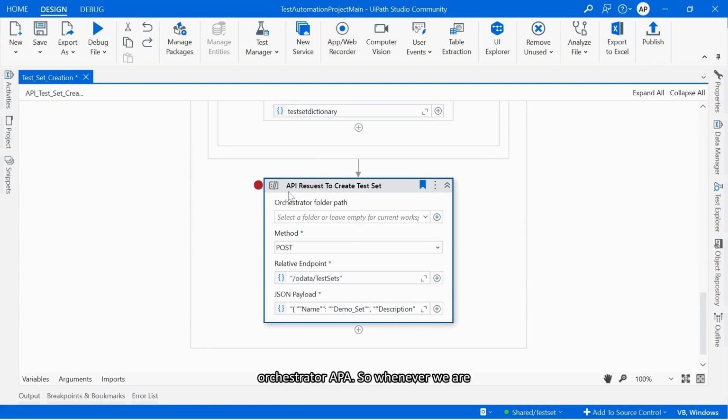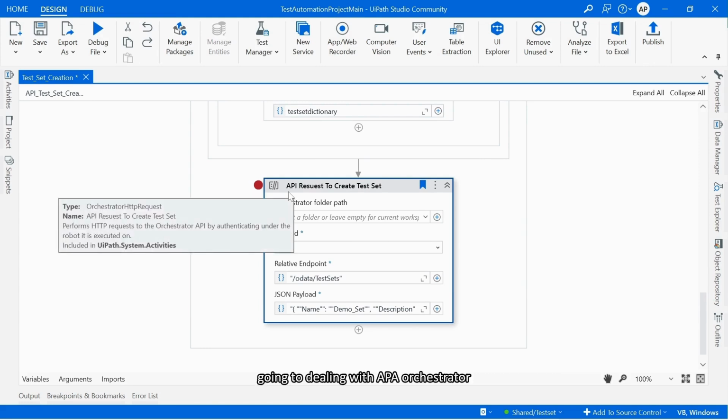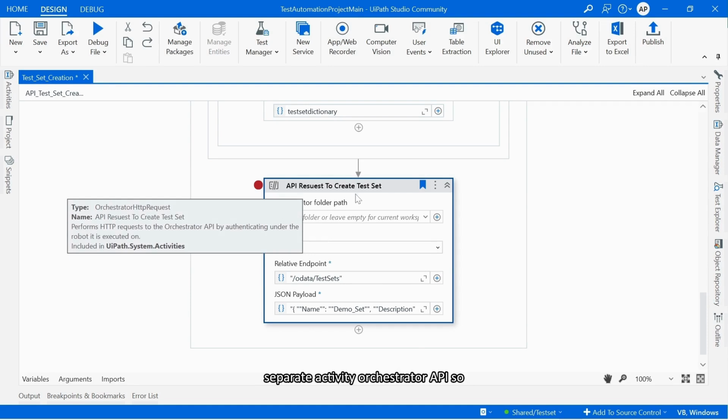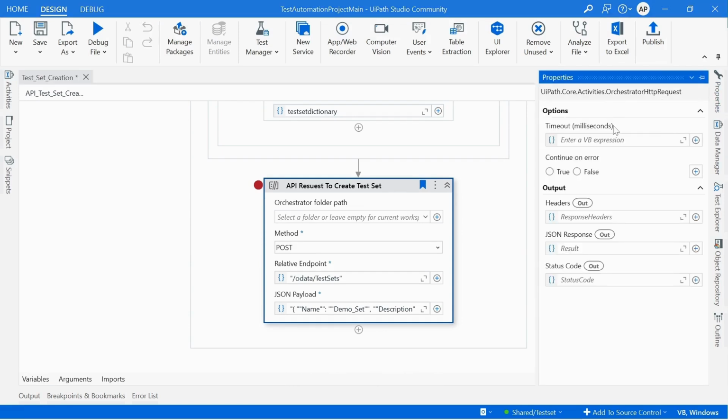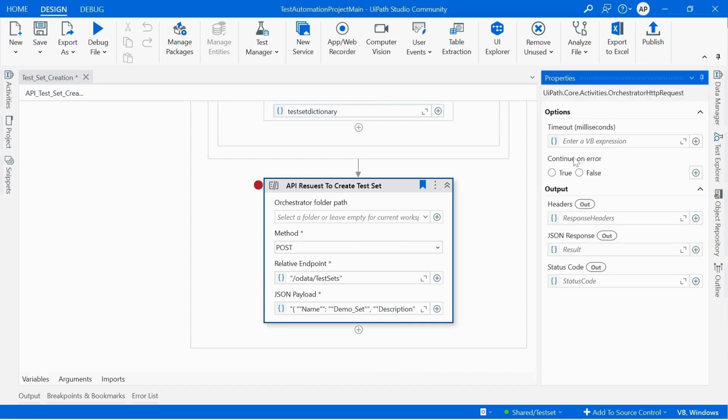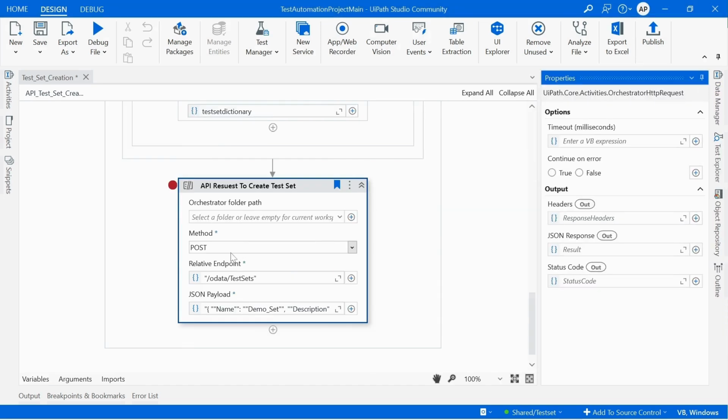So this is the Orchestrator API. Whenever we are dealing with API things related to Orchestrator, we have the separate Orchestrator API activity. With the help of that, we can perform multiple actions, right? So you can see the properties, the POST method, which means we are going to send the request. We are creating a new test set. So that is the reason we are using the POST method. Then